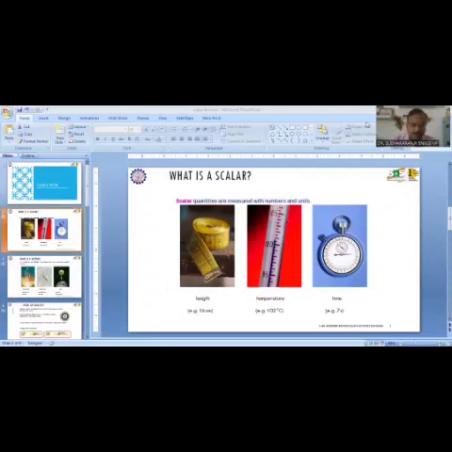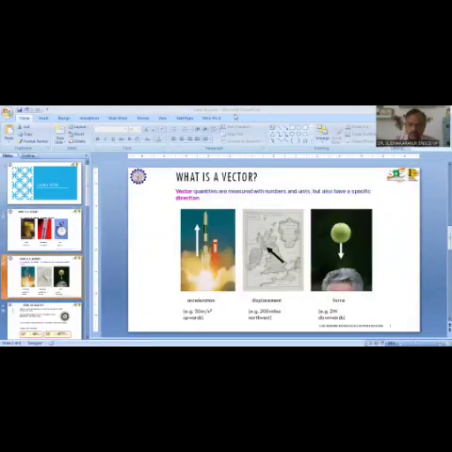Then what do you mean by a vector? Vector quantities are measured with numbers and units similar to that of scalar, but they also have a specific direction. For example, acceleration, displacement and force. So acceleration is measured in terms of numbers. For example, a rocket is moving with an acceleration of 30 meter per second square in the upward direction. So it is measured with a number, that is 30, unit meter per second square, and the direction it is